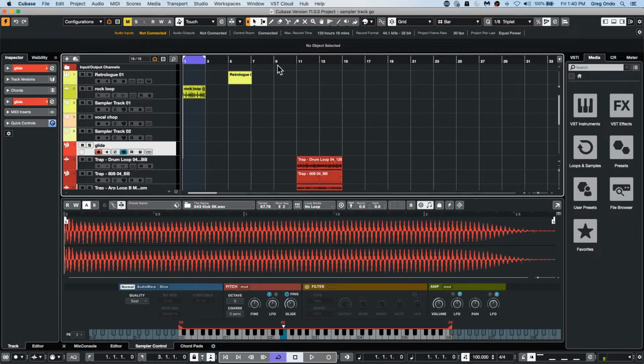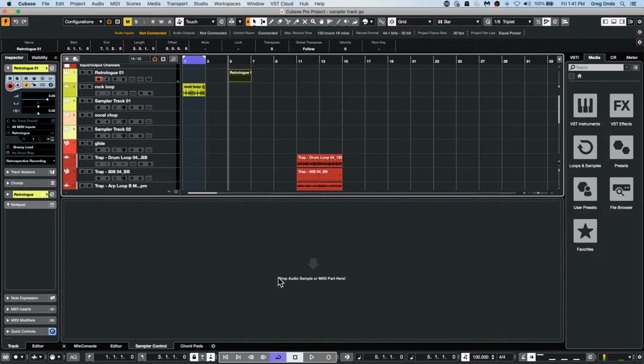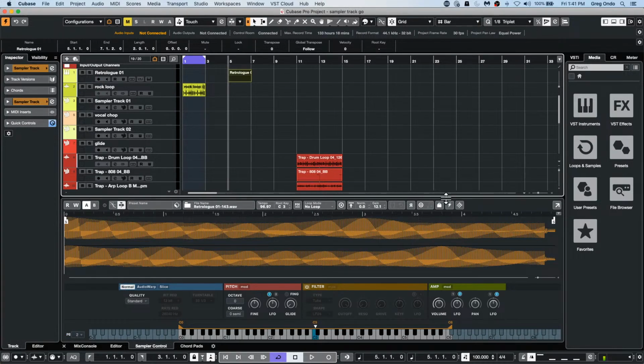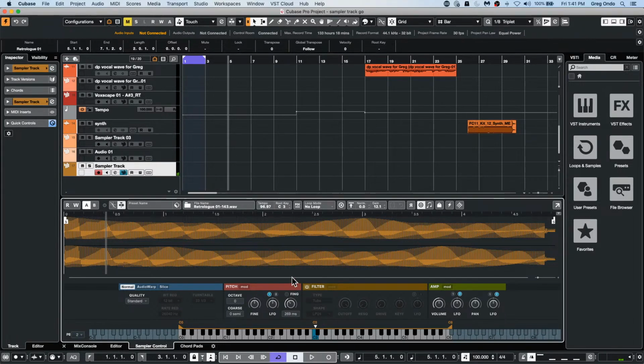Okay, so even if we had, let's say, I was doing this and this instrument didn't have a glide function. If you just take one note, we could drag and drop that directly into the sampler track. So let's say we do this, and now I could trigger our new sampler track, and at this point we could choose to put it into monophonic mode. And then if you wanted to do glides, let's say we just want to take this and you could set the